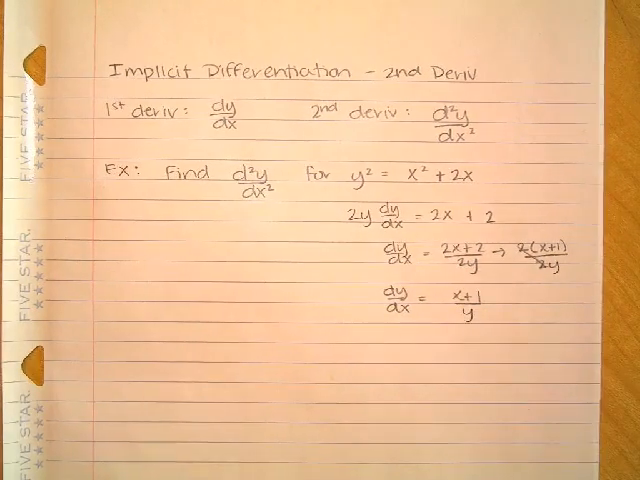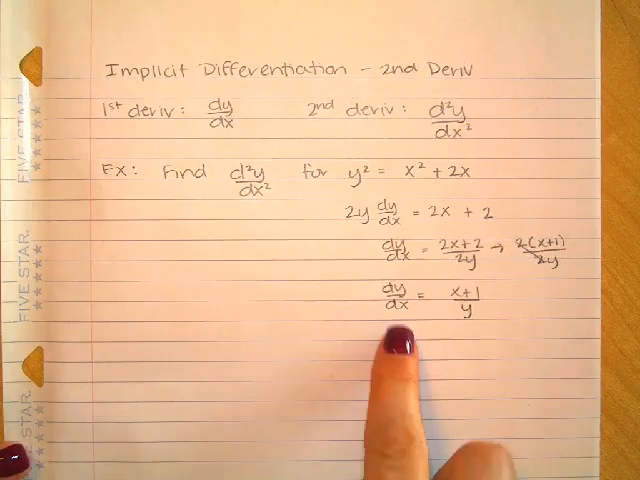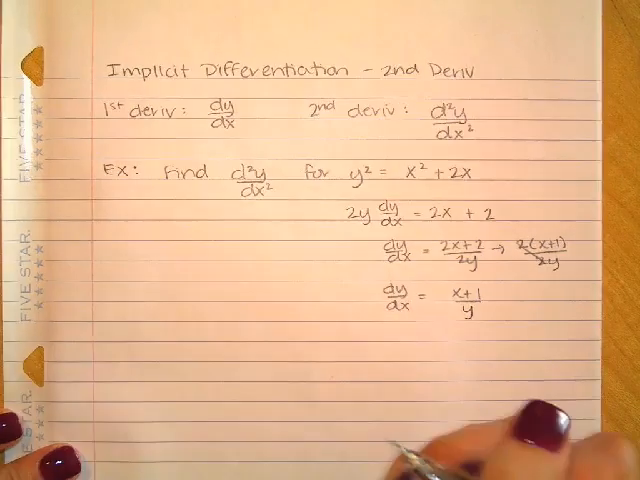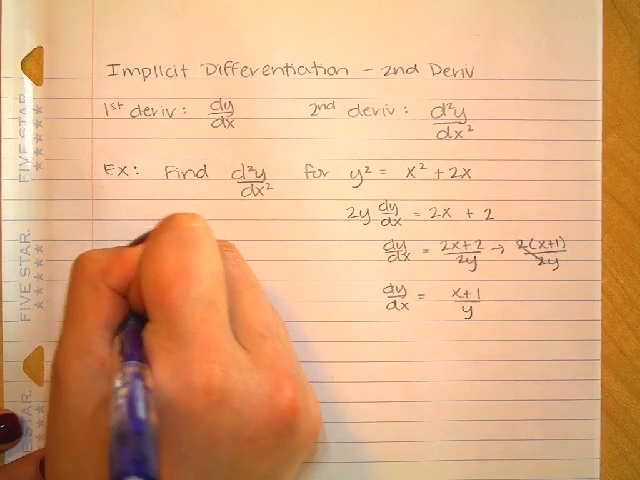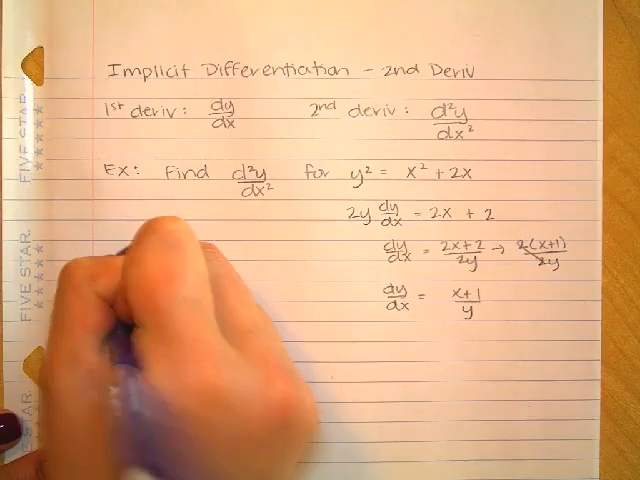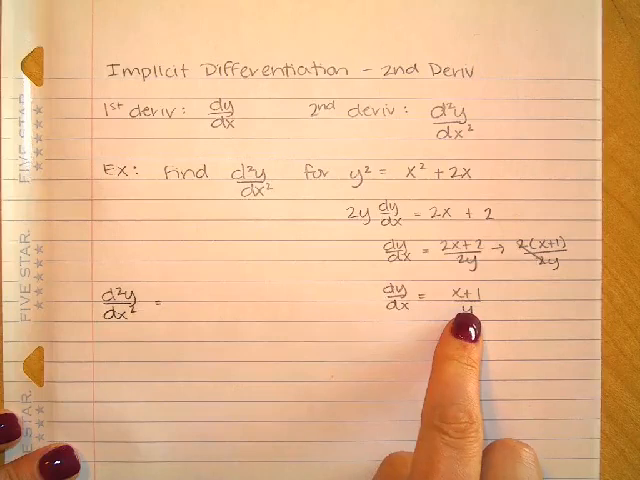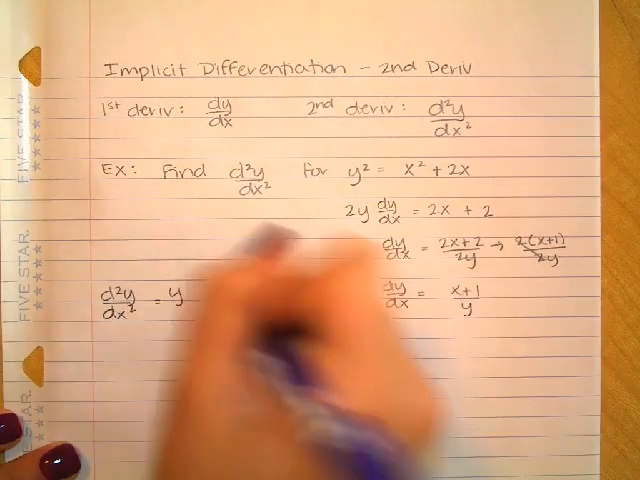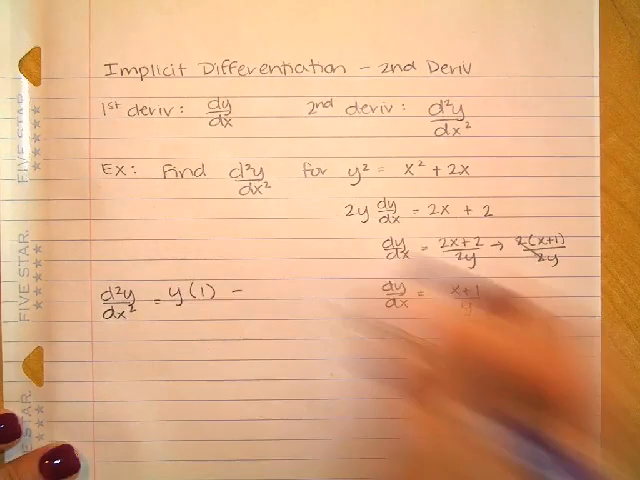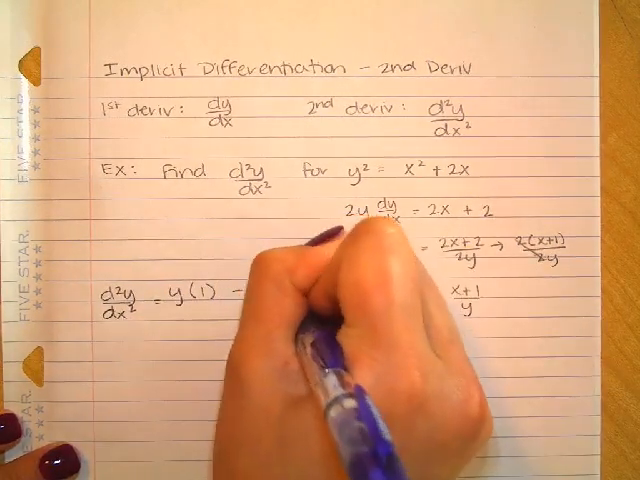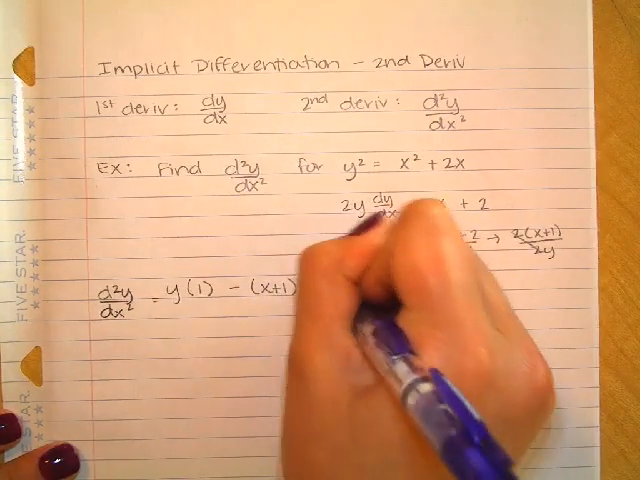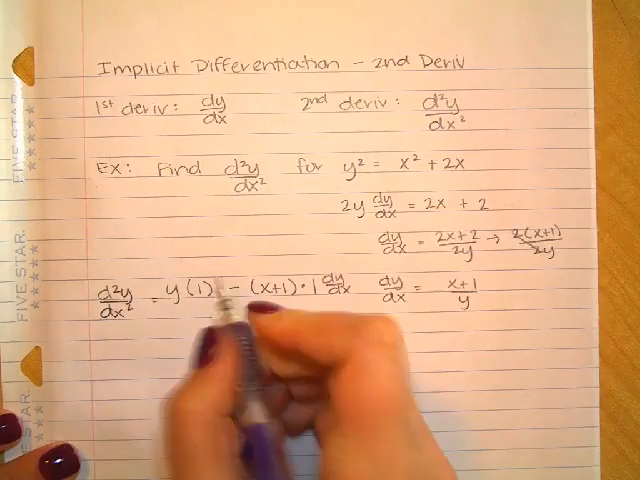All right, so now for me to find the second derivative, I need to do the derivative of the first derivative, right? So I'm going to say my second derivative, and this would be a quotient rule. So I'm going to say low d high, so the bottom times the derivative of the top, minus the top times the derivative of the bottom, and the derivative of y is just 1 dy/dx, divided by